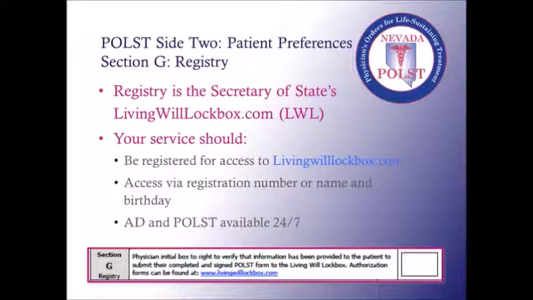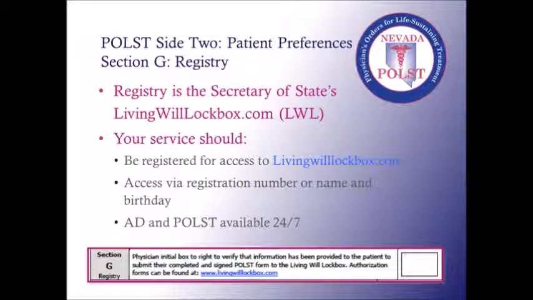You as a service should be registered to access the livingwilllockbox.com. A little process to do that, but once that's set up, you have access to the patient's advance directive or POLST, assuming or presuming that they have registered at the site.